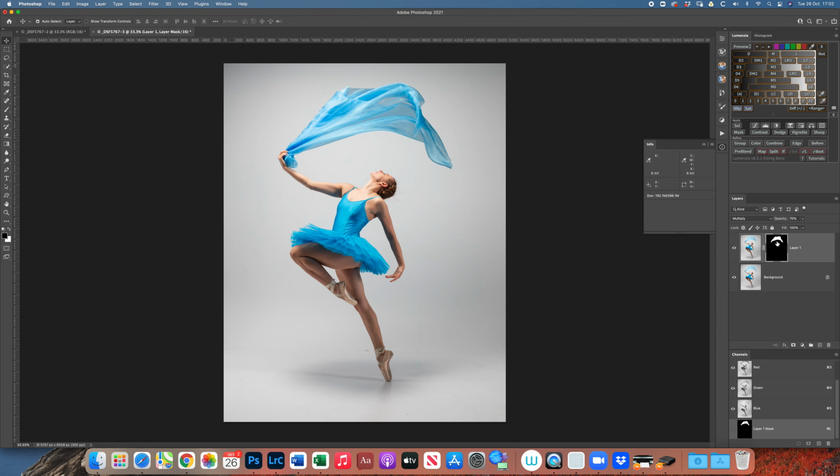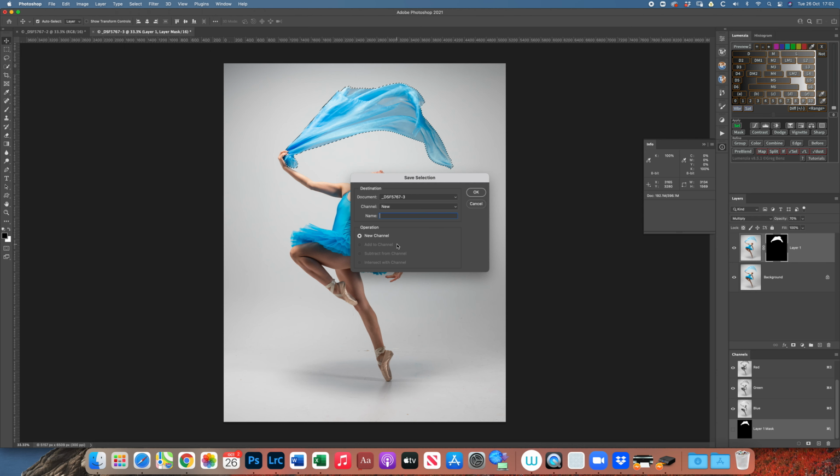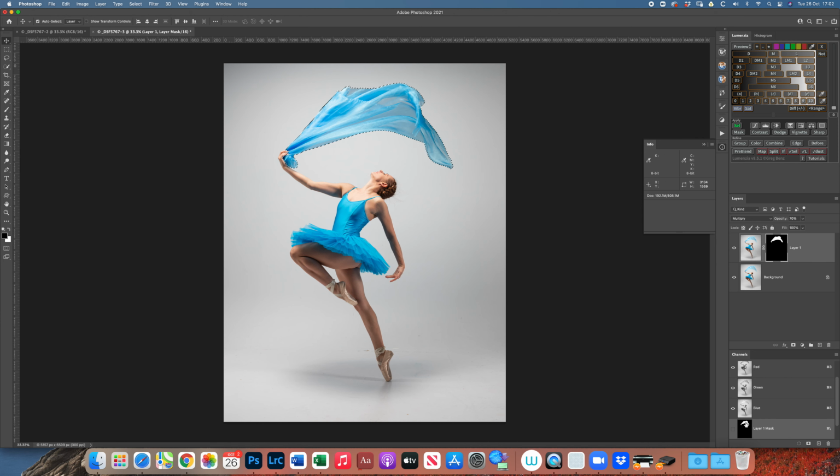And while I have that scarf or material selected, I'm just going to command click on it and go to save selection and simply call it blue material. And that will now be saved as a selection down here in the channels. And I'm now going to flatten the image. Command D to deselect. Now we're going to try and select Ayla, so Command J again for another duplicate layer,